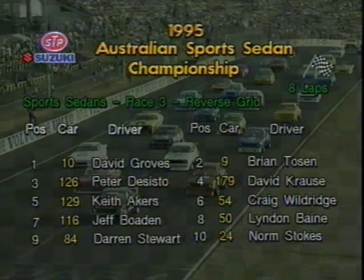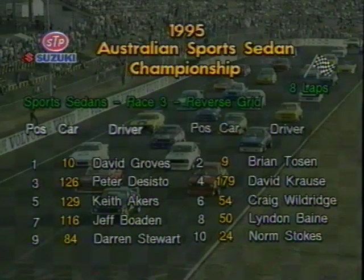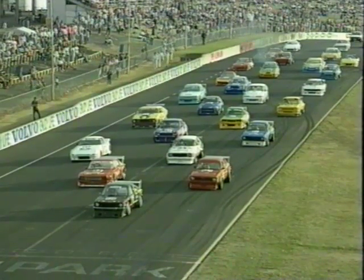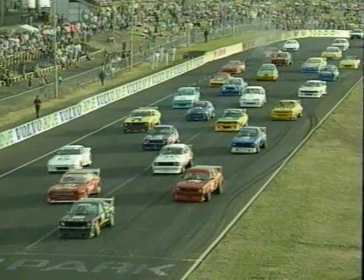Holden. Well, this should be very interesting for the guys rear of field. I suppose a bit of a driving lesson coming up for the guys at the front of the field. Let's see how it all unfolds. We're in the starters' hands. Now, have a look at the guys at the rear of field here. They're the ones that have really got the grunt, got the horsepower. They should be able to mow down at least a couple of rows of cars before we get to the